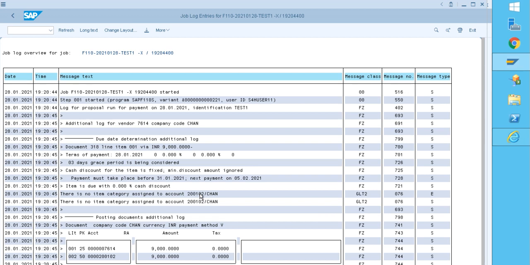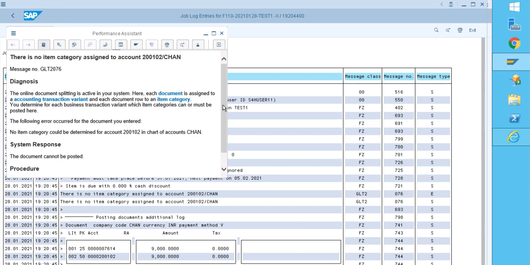That is why the system is giving this error. Double click on it and read exactly what the error is. The error is GLT2 076.